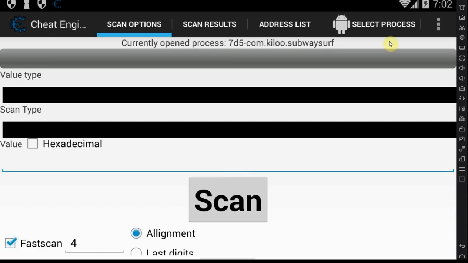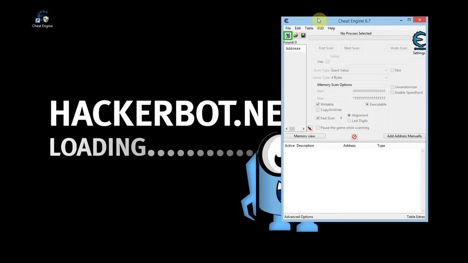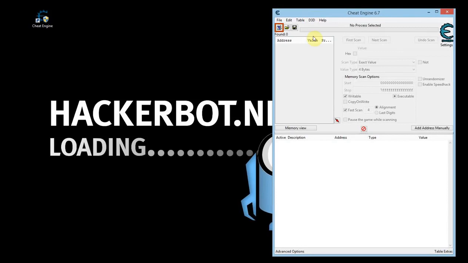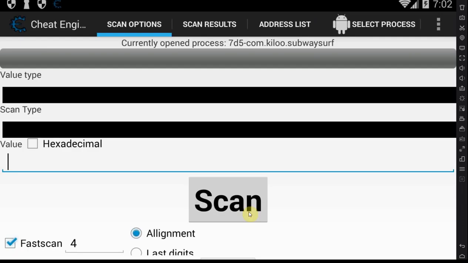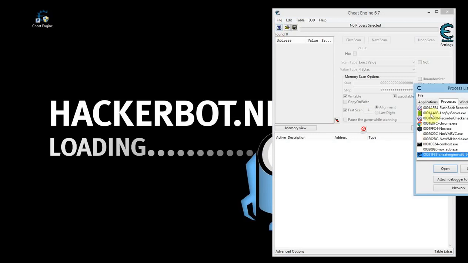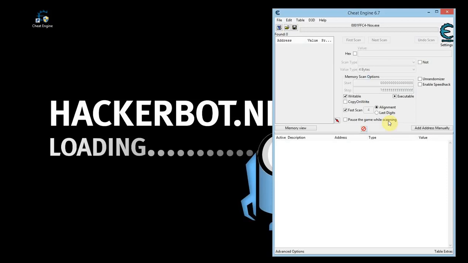Now, if you're using an emulator, guys, you are going to want to use Cheat Engine for PC, and that's what it kind of looks like, okay? This you can download at the link in the description as well. This is actual Cheat Engine for PC. Now, the way you would use this with an emulator is essentially you start the emulator, you start the game on your emulator, and then you click the little PC icon right here, attach it to the emulator process, or one of the emulator processes,